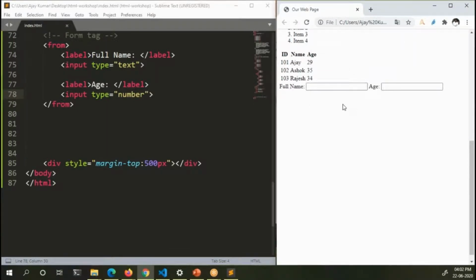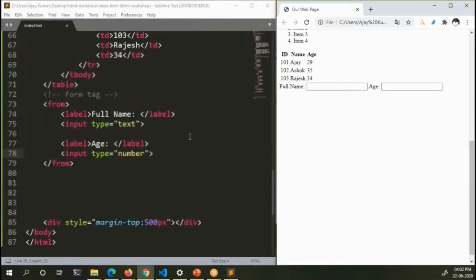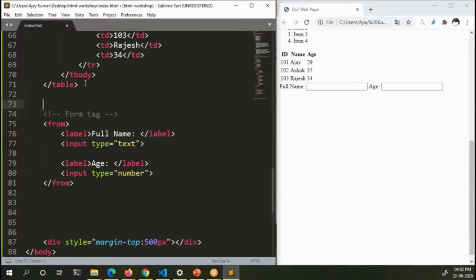Okay, so now we have the full name and age fields side by side, and they're just below the table, which makes it look more ugly. So after the table tag, I will use a tag called HR, which stands for horizontal ruler. I'll use a line break BR as well as HR.